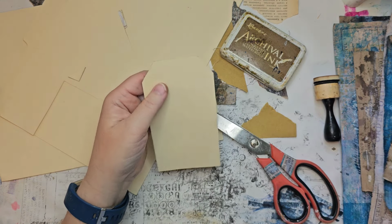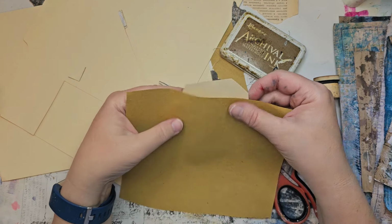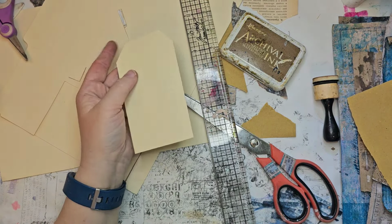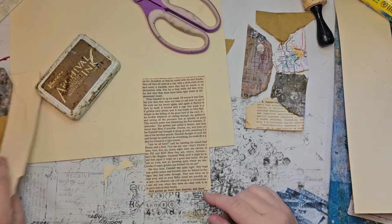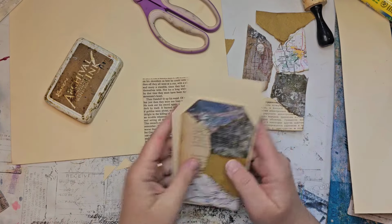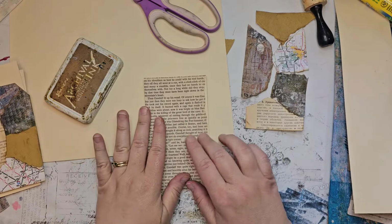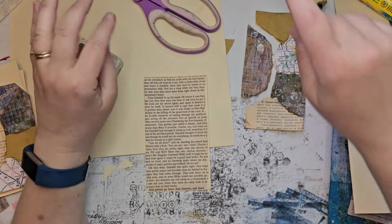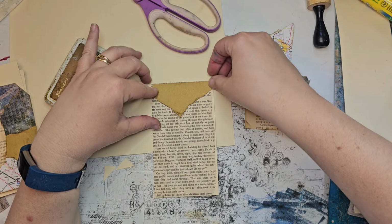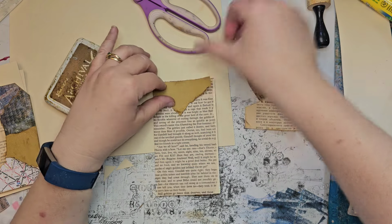That's not a straight line, so just don't even try with that, lady. Try a ruler. Alright, I'm going to go be obsessive for a second. Most of these are cut to 5.5 by 3 because that's what size this one ended up being. But this one I cut a little bit bigger because this was my idea, to leave some space between the